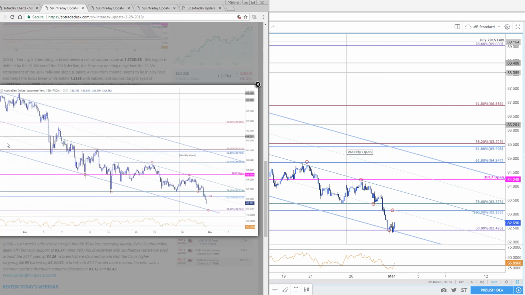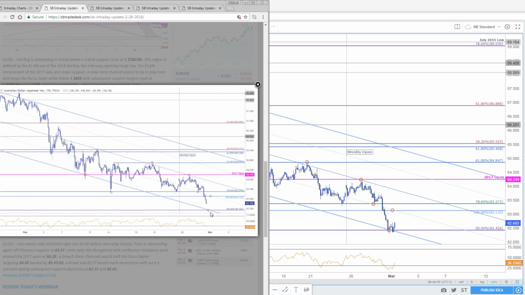Really clean formation. You don't get these too often, especially when you're getting all this volatility in markets. It's been very, very clean. The median line has been rock solid. Resistance, support, resistance, a little bit of a run through. But once we found resistance at the median line again, once more, downside parallel comes in right in line with